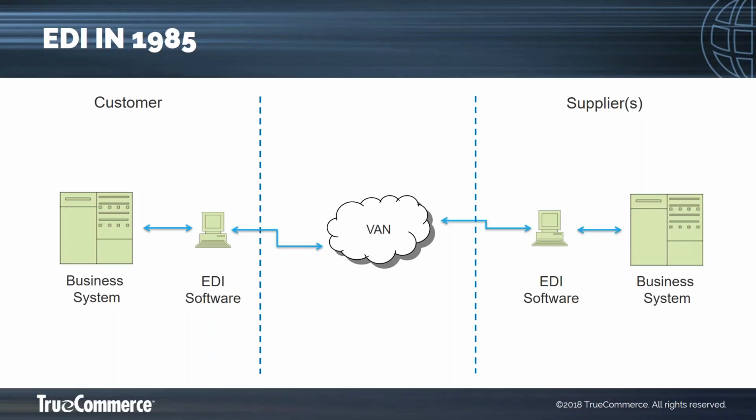The EDI software would typically sit on a desktop PC, and often full ERP integration would only be achieved by the buying organization, whilst their smaller suppliers were often found to be receiving orders on their desktop PC, manually printing them off, then manually keying orders into their own ERP systems, and then taking invoice data back off their ERP system and keying that back into the EDI software before sending it back to the buyer. So the potential benefits of EDI were only partially realized in the early days.